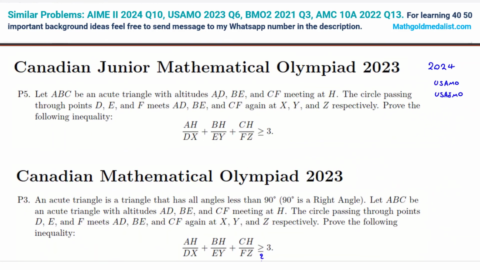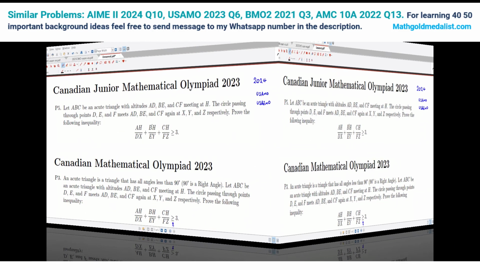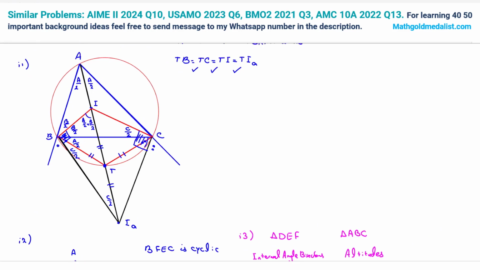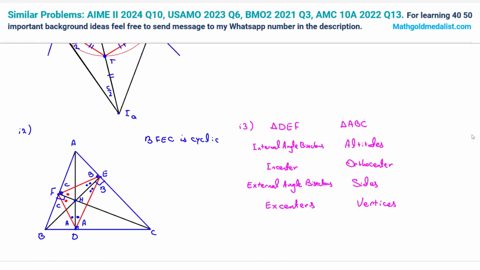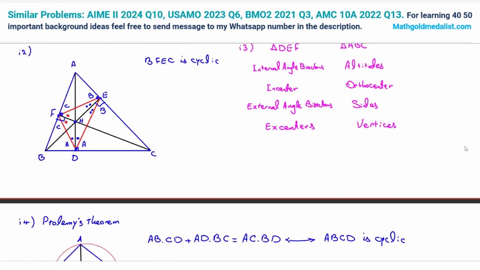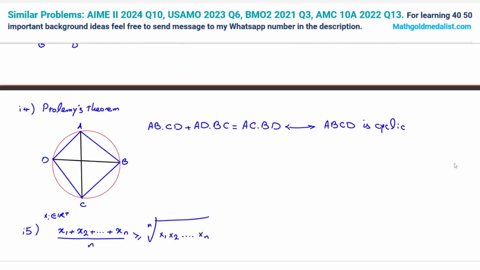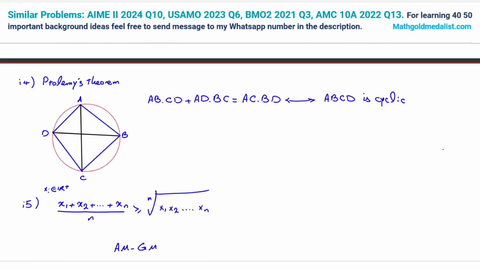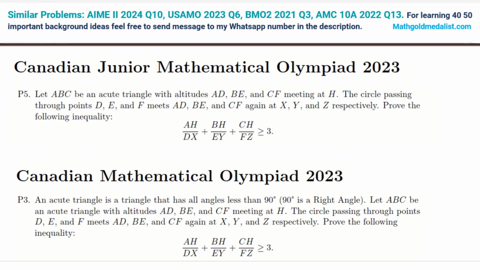We want to solve this common problem by using four important ideas: idea 1, idea 2, idea 3, idea 4, Ptolemy's theorem, and idea 5, AM-GM. These two problems are the same problem: problem 5 of CJMO 2023 and problem 3 of CMO 2023. We want to consider ideas that are also useful in CMO and CJMO